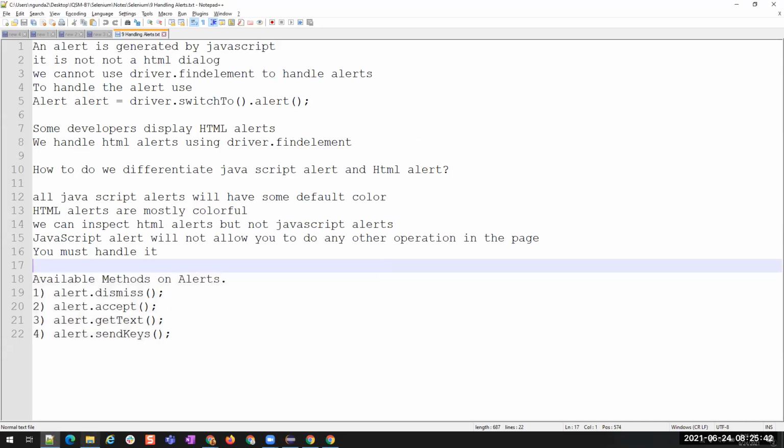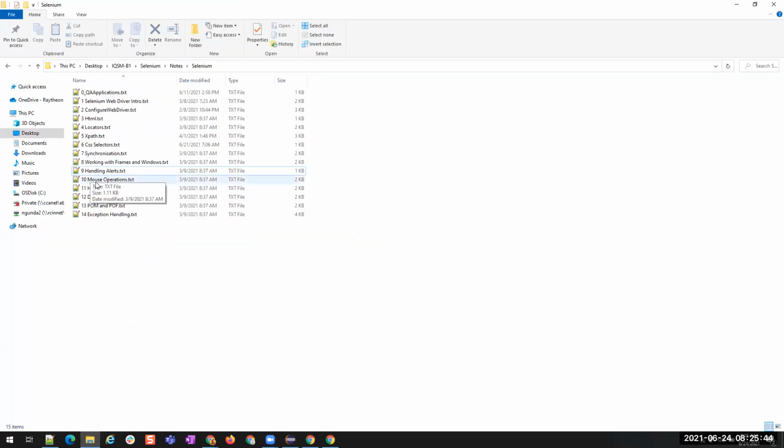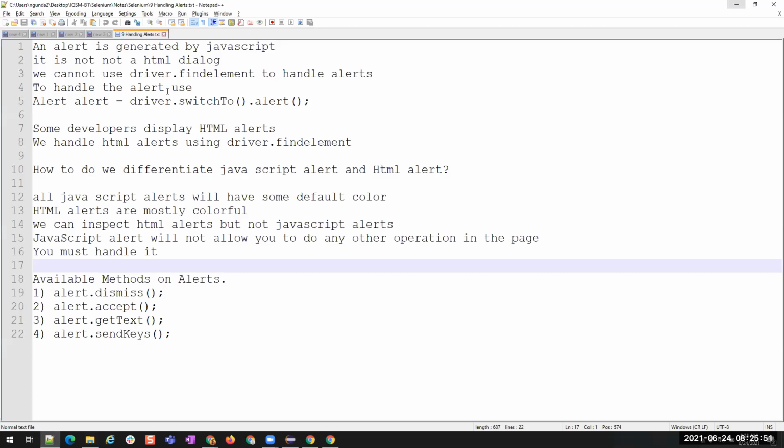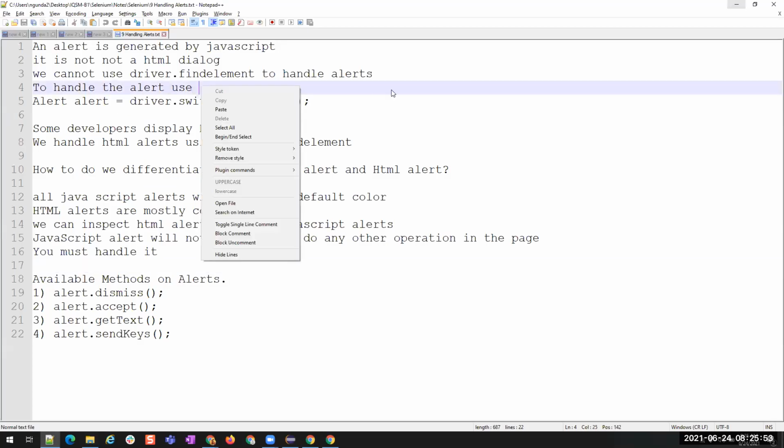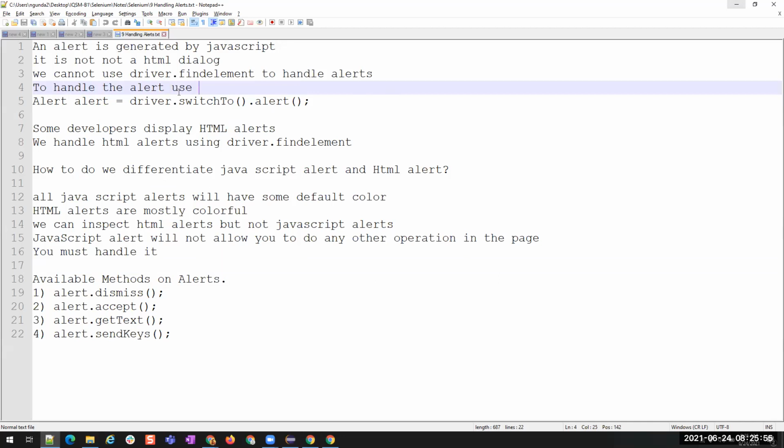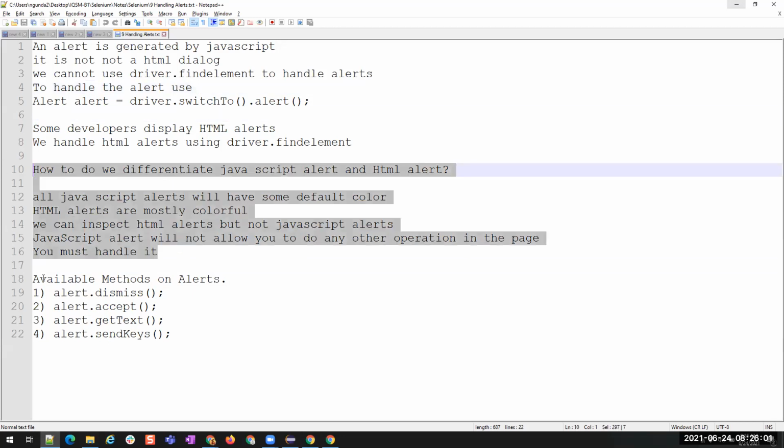Okay. So in our tomorrow session, we are going to learn how to perform the mouse operations. Mouse operations means like double clicking, right clicking. We do some operations with the mouse, right? Drag and drop, select like this.